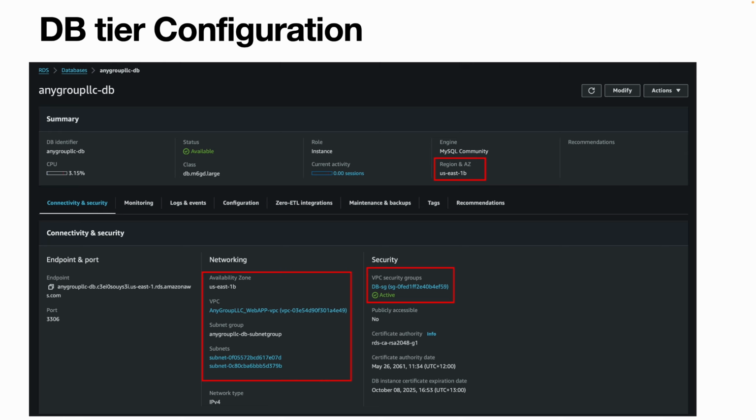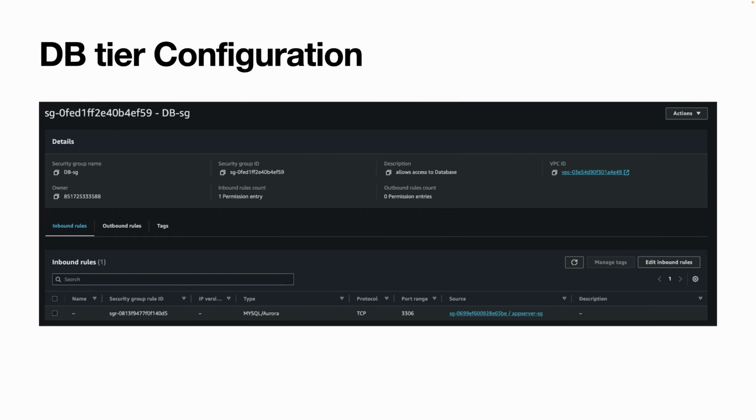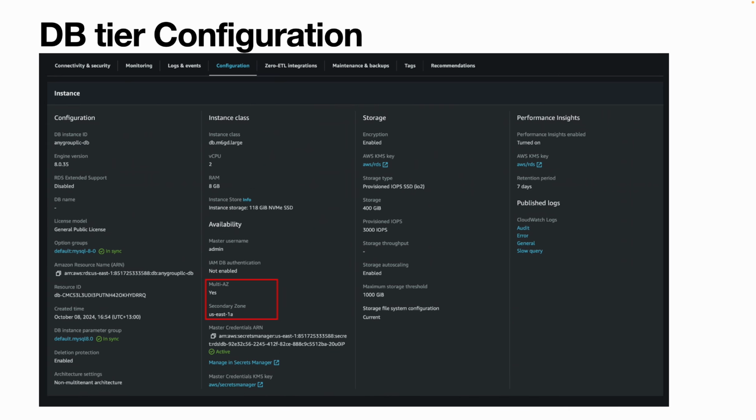Additionally, the security group DBSG is associated to this RDS instance. The security group has one allow inbound rule, and the allowed port is 3306. It only allows inbound traffic from resources associated with the security group application server (SG), i.e., EC2 instances that are in the server tier. In the configuration section, we can see the multi-AZ is enabled, and the secondary RDS resides